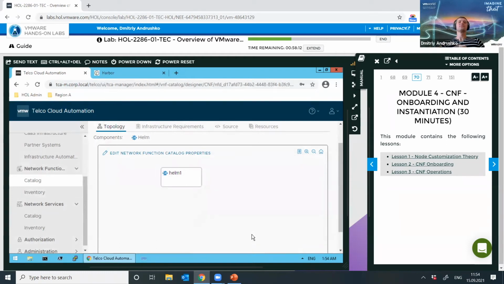Okay, let me update. So we updated our Helm object. Basically we specified chart name, chart version, and we specified that during the instantiation of this network function, via this Helm chart, we need to provide an input parameters file. Okay, so the basic design for the network function is done. At this moment, we already can upload this network function into the catalog